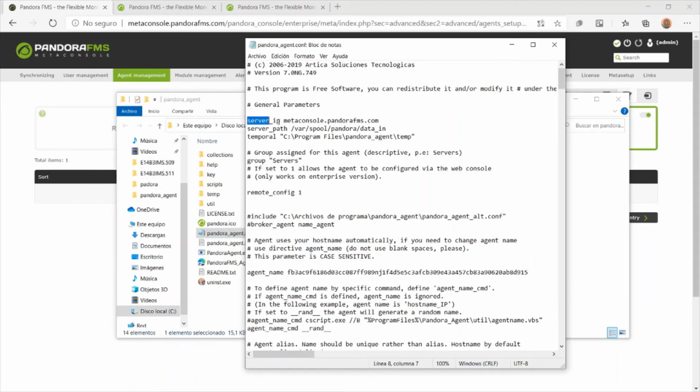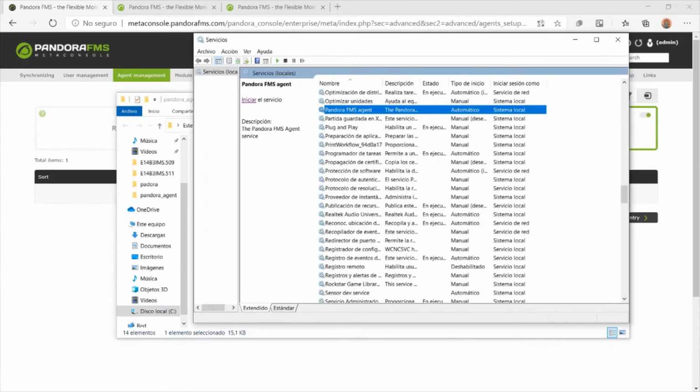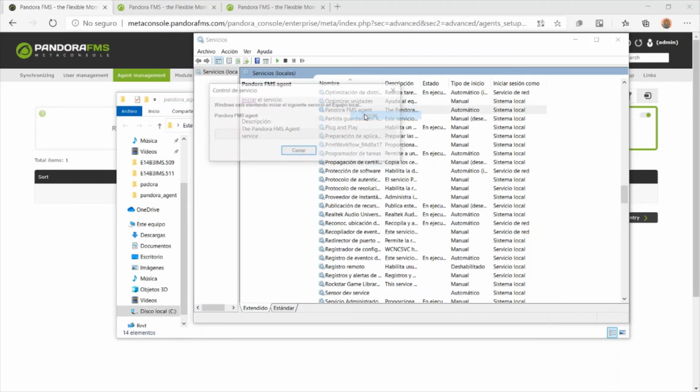Server IP is Metaconsole, and now if we restart service Pandora agent, this will change, so this will point to node 1. We will try it and we will see how it works. So if now we click here on start service,